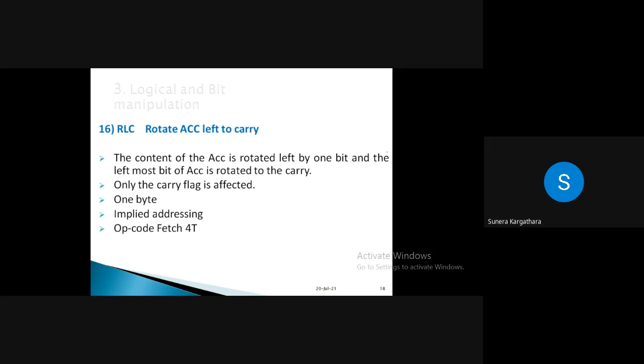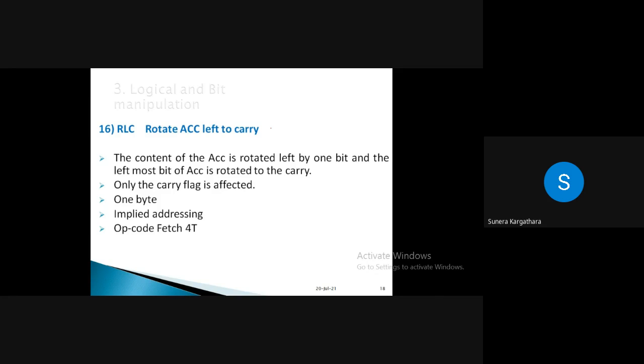The next set of instructions under this same group is related to rotation, students. These instructions are very much useful. Try to understand it very clearly. Two basic and general things about these 4-5 instructions: the rotation and shifting is always with respect to the accumulator only. So whatever rotation of accumulator you find, it may be left or right, with or without carry. Make sure you are always taking your accumulator into consideration for the rotation.